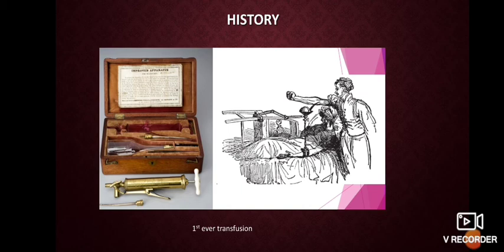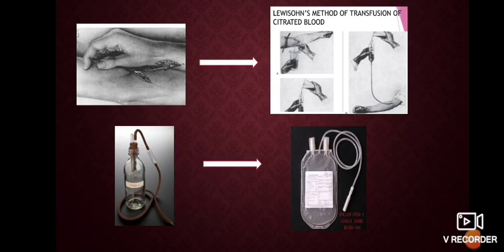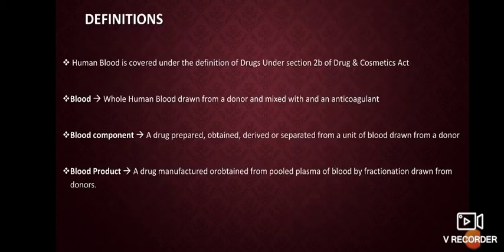This was a gross technique initially, and then they started experimenting about direct venous to arterial anastomosis, and in this they found that there were some fluid overload reactions in the recipients, and some kind of circulatory shock in donors. And then they started to find some other technique with anticoagulant so that they can store the blood for some later use. Then came the use of glass bottles, which eventually has modulated into the plastic form of blood bags, which we are using nowadays.